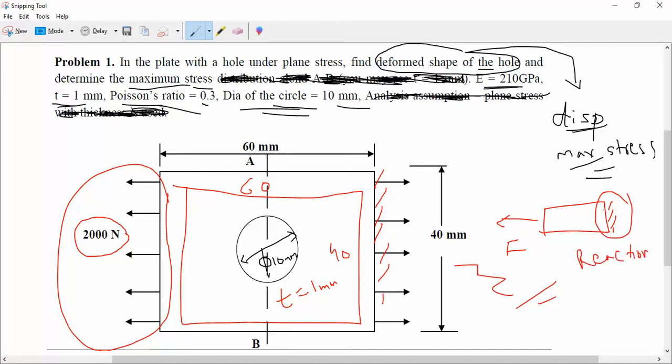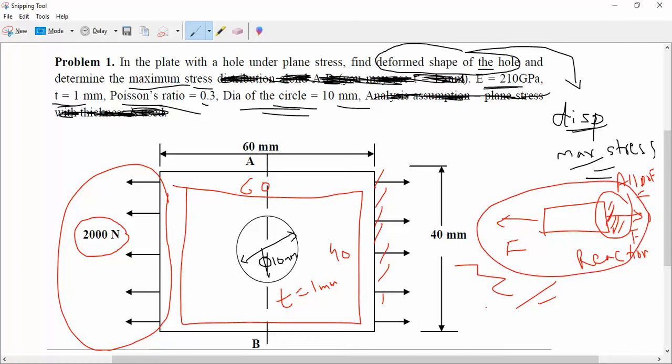Same as the force, sir. Same, but in the opposite direction, right? Opposite direction. So instead of giving force on both sides, if I fix all degrees of freedom on this side, will I get the same force in the opposite direction? I will get, right? Yes, sir. Okay. So this is the main thing we are using here.